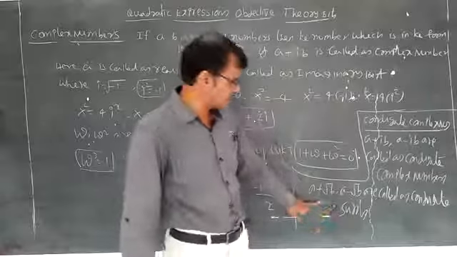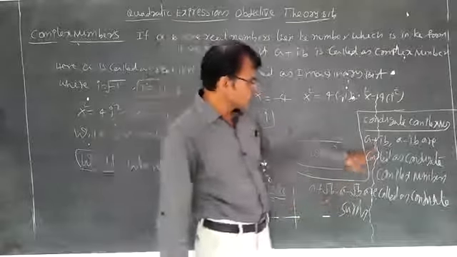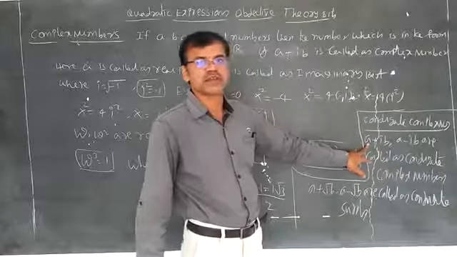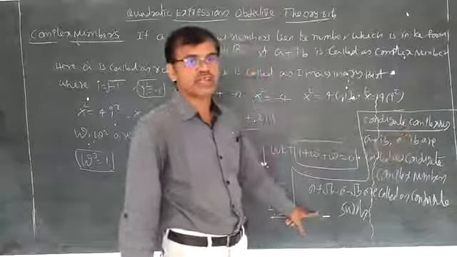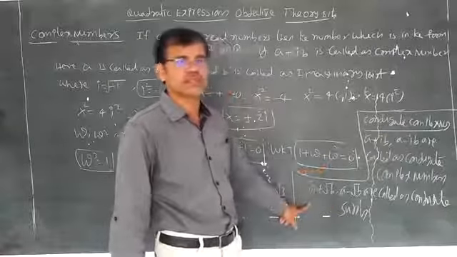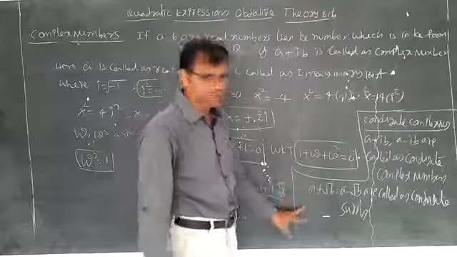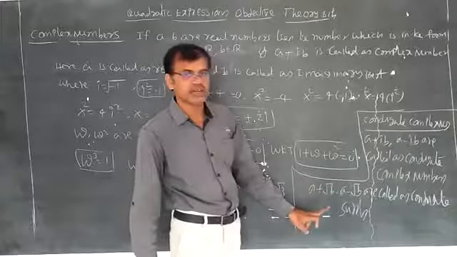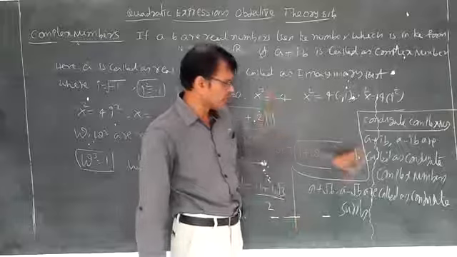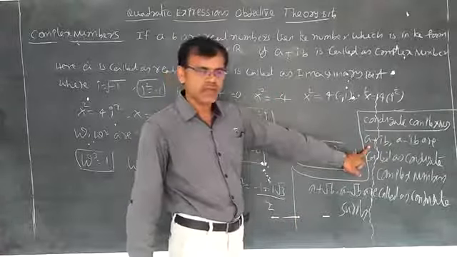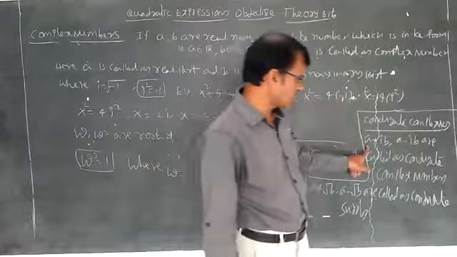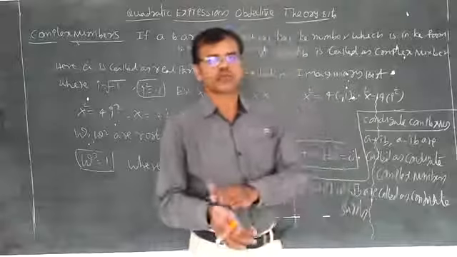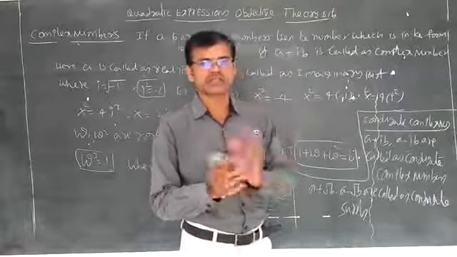Already we had written the synopsis also. And if delta is less than 0, then the roots are imaginary, or we can say the roots are conjugate complex numbers. Wherever delta is greater than 0 and not a perfect square in the quadratic equation ax² + bx + c = 0, if a, b, c are rational, the roots are conjugate surds. If delta is less than 0, the roots are conjugate complex numbers like a + ib and a − ib. Example: 2 + √3, 2 − √3, −1 + √3, −1 − √3.